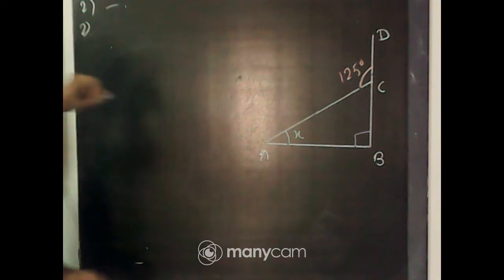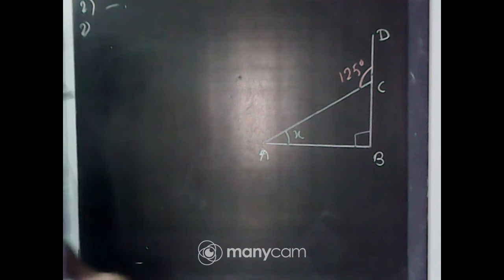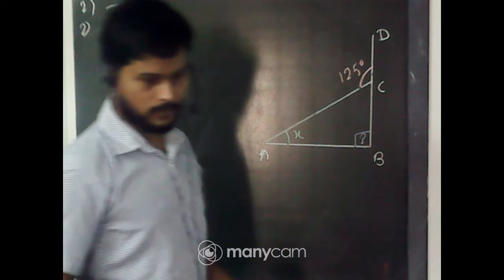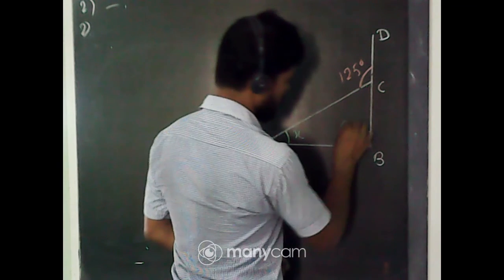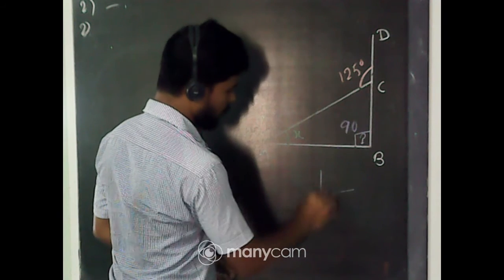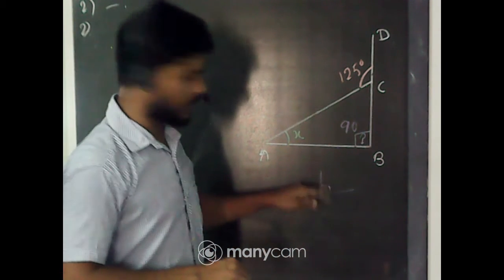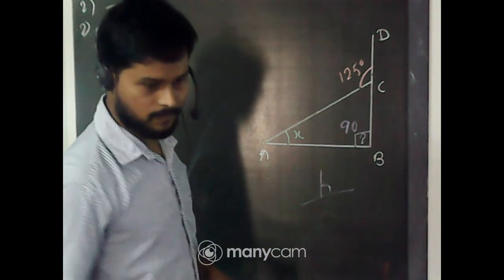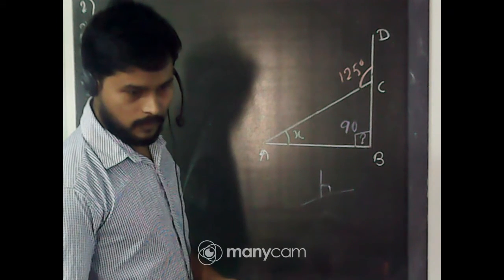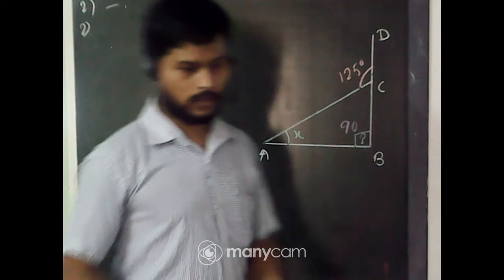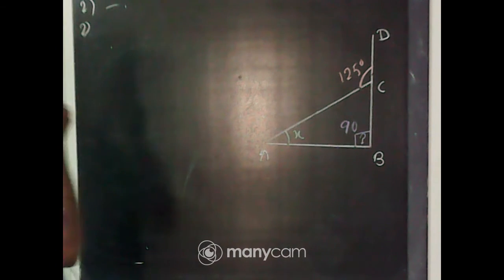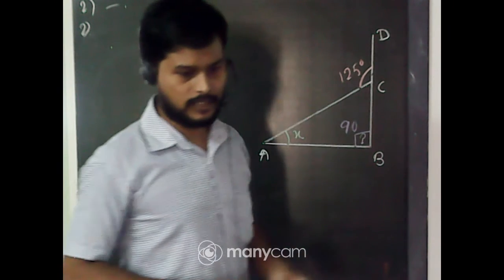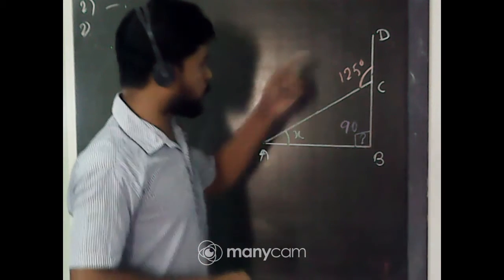So can you tell me what is the value of angle B? Very good. This angle is 90 degree. If in any angle this type of symbol is given, that means this angle is actually 90 degree. The line CB is perpendicular to BC. Now look in the triangle ABC. One side BC is produced to the point D.